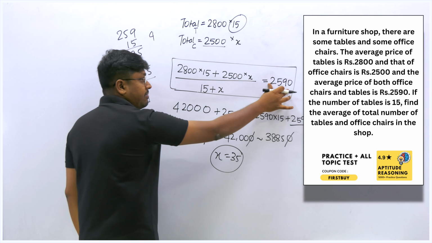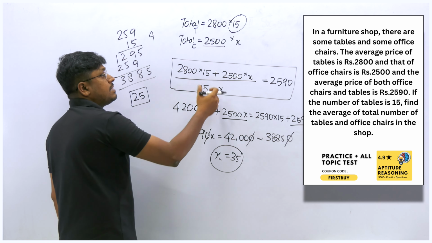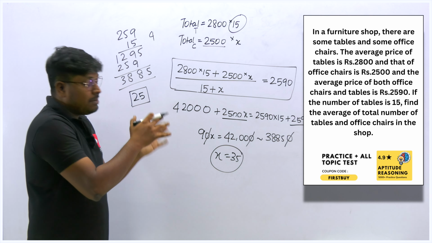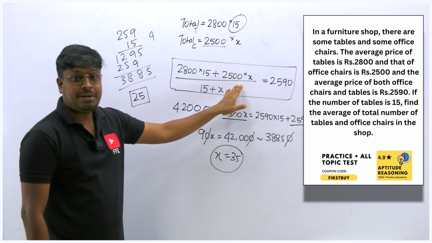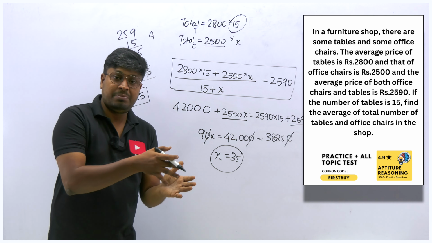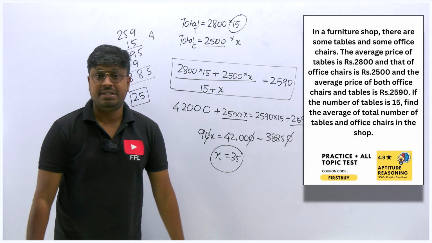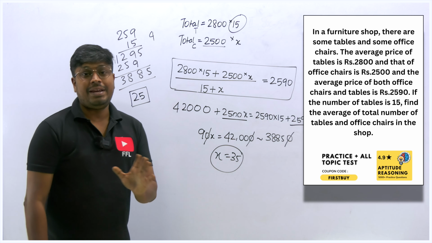So total has been given, and it is the sum of total observations divided by the number of observations, right? 15 plus x will be the total. So by using that basic logic, I think in all the questions we apply the same concept. Sometimes the value will be given, sometimes the value will not be given, so we have to assume it as x and solve the question. That will be the difference, right? So the answer for the first question is 25.